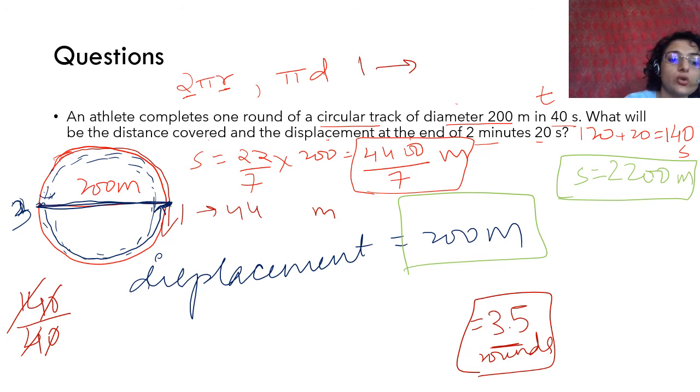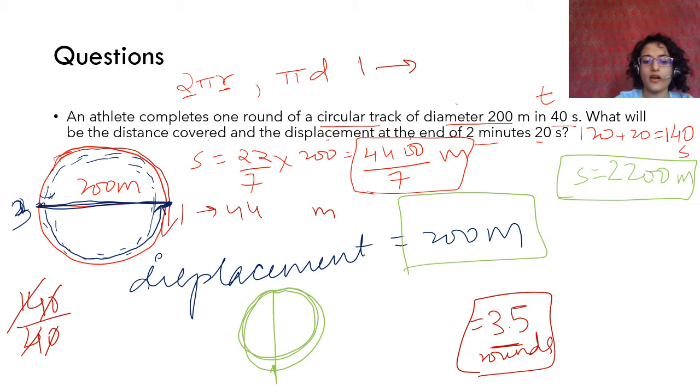And then once you know this, then you can calculate how much the displacement is by simple उसके ऊपर ऐसे लाइन बनाओ 1 2 3. ठीक है, 1 राउंड लिया, फिर 2 राउंड्स लिए, फिर 3 राउंड्स लिए, उसके बाद हाफ राउंड लिया तो इधर पहुंचा. हाँ, हाफ राउंड ऐसे लिया तो इधर पहुंचा, and this will be the displacement. ठीक है, this is how you do this question.